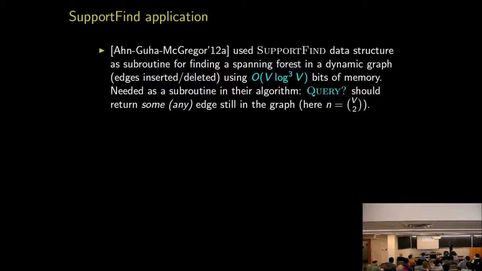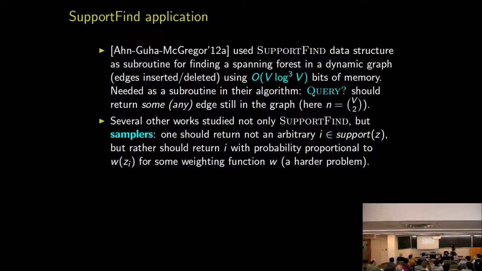Okay. Notice that for this problem, it's not even obvious. I mean, it's not even obvious if you're maintaining a graph in a stream. If someone says, give me any edge that's still in the graph, just one edge, right? I mean, that's the fruit game problem, and it's not really a priori obvious how to solve that, right? If people are only inserting edges, it's easy, but if someone can insert and delete edges, how can you return any edge at all? Maybe the edges you're storing got deleted,